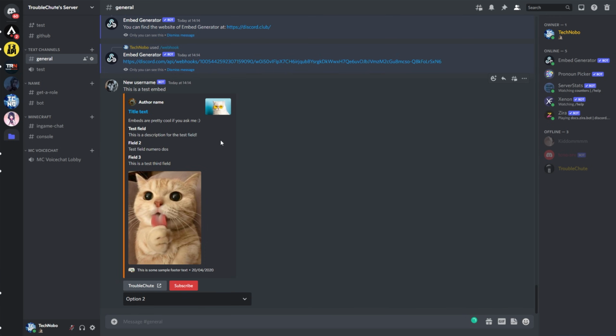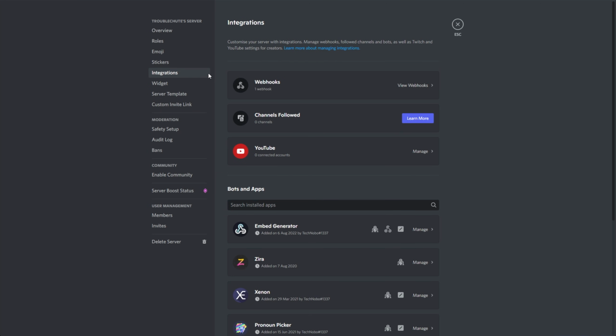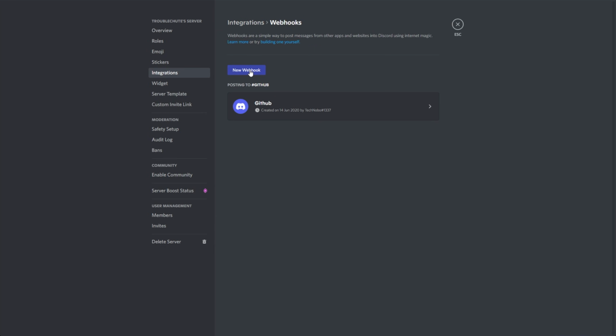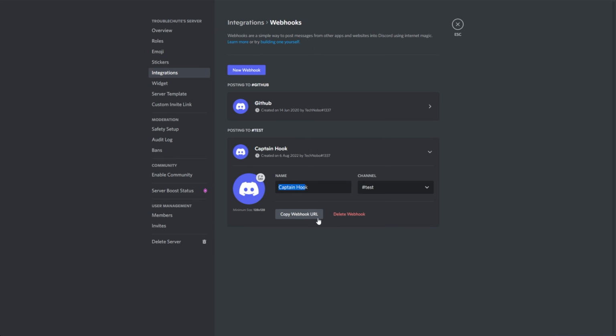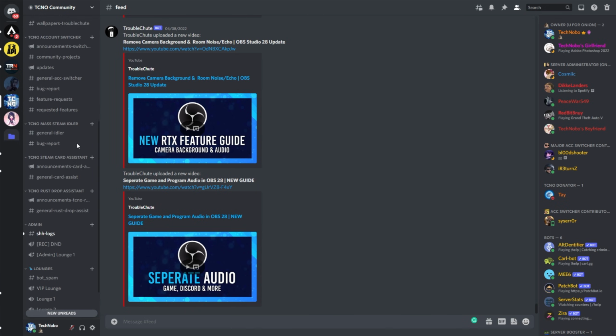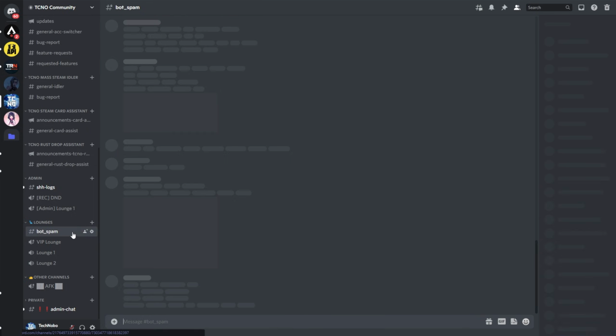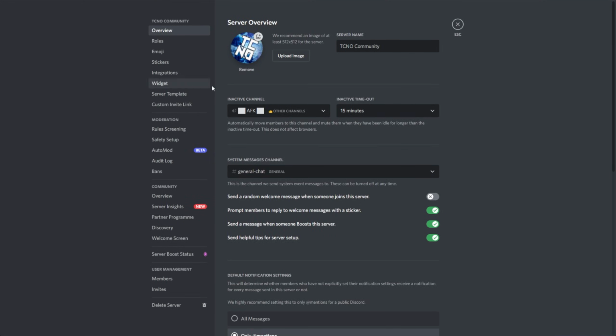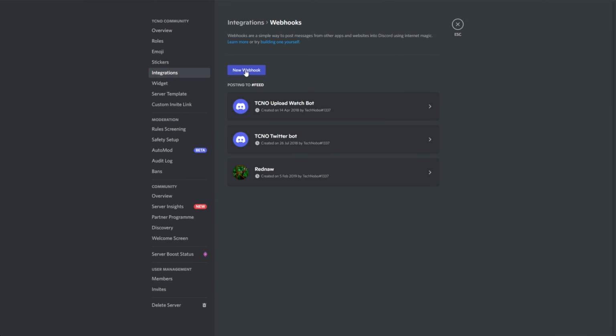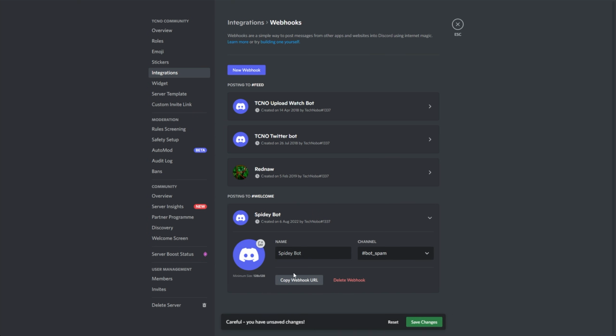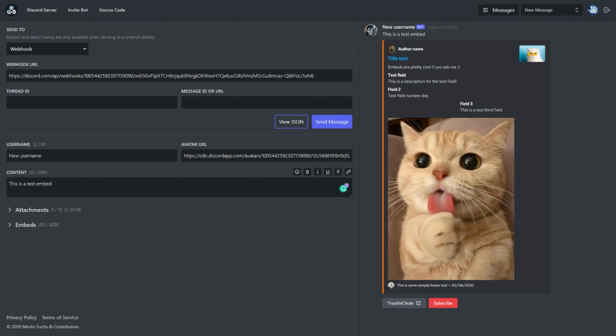Though, of course, if you're trying to work on a server that doesn't have this, that you can't invite the bot to, yet you only have access to embeds, you'll need to head across to the server settings in the top left, integrations, view webhooks, new webhook, and you can create some information here. Of course, picking a channel, etc. For this example, I'll use my server over here in, say, one of these admin or hidden channels, and I'll once again server settings, integrations, webhooks, new webhook. I'll choose the same channel here, set an image, copy webhook URL, save changes, then paste it into the embed